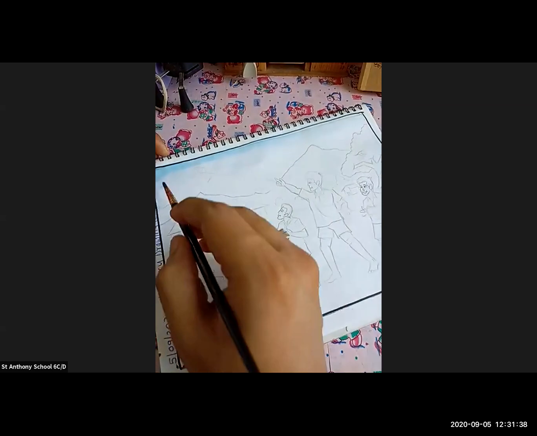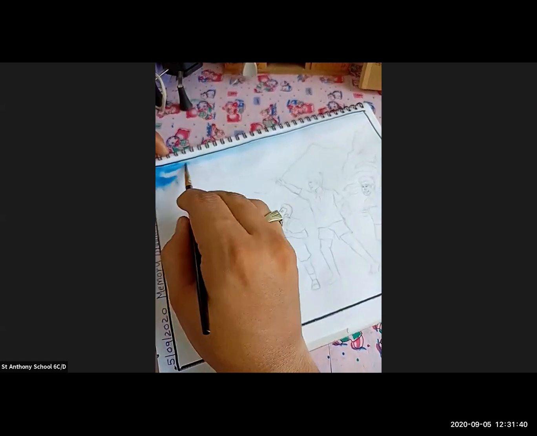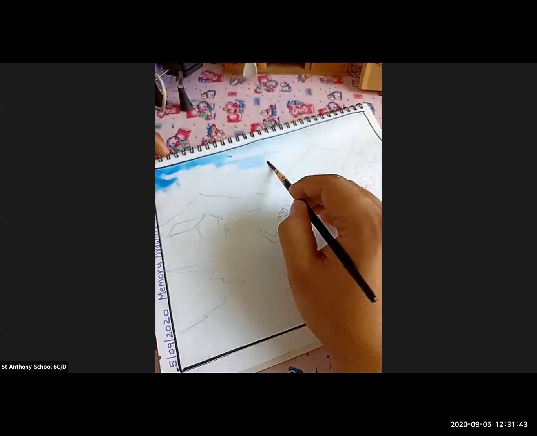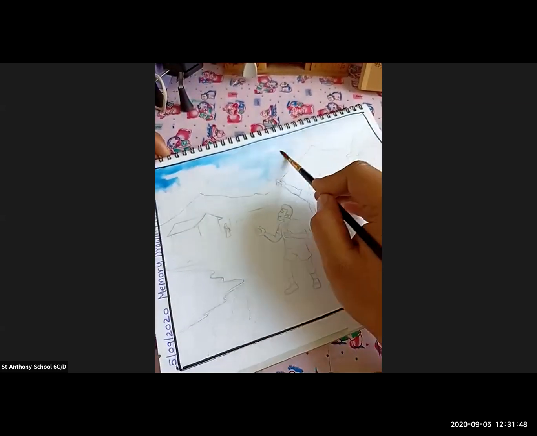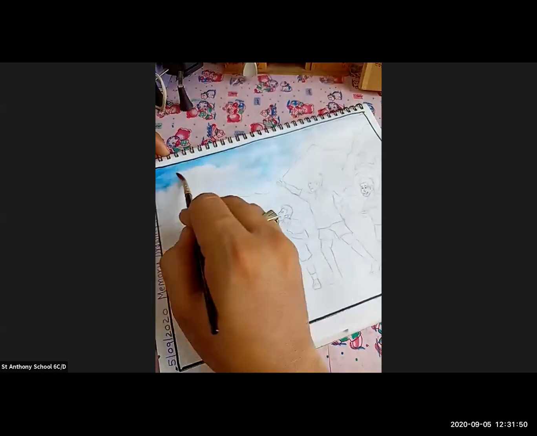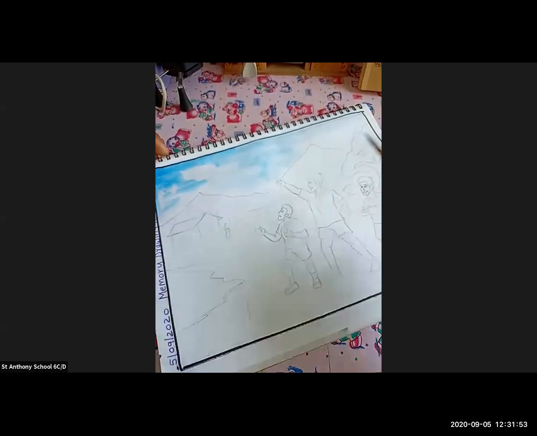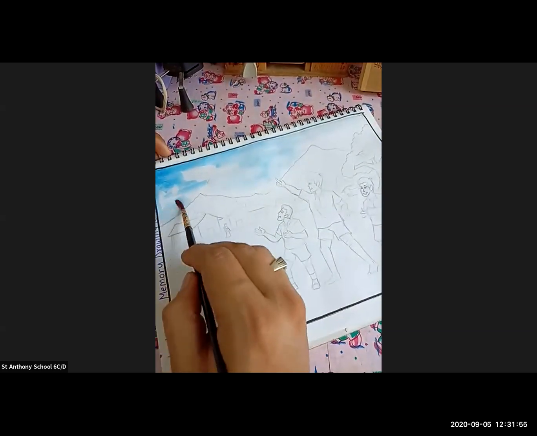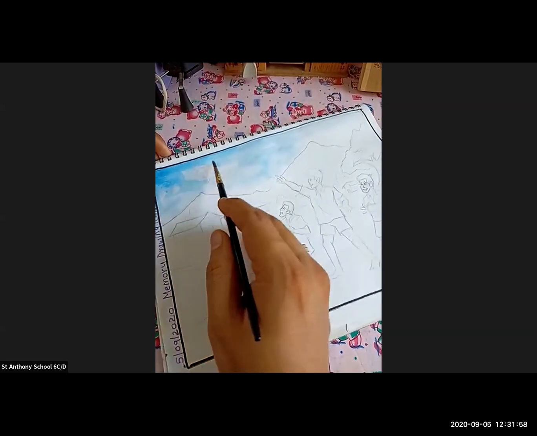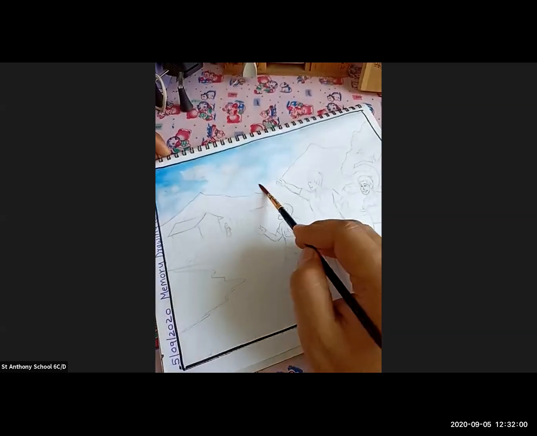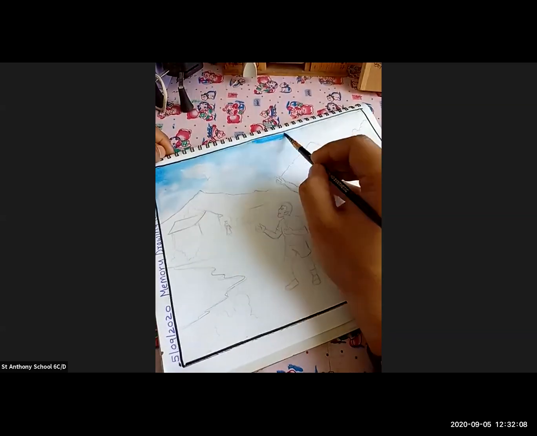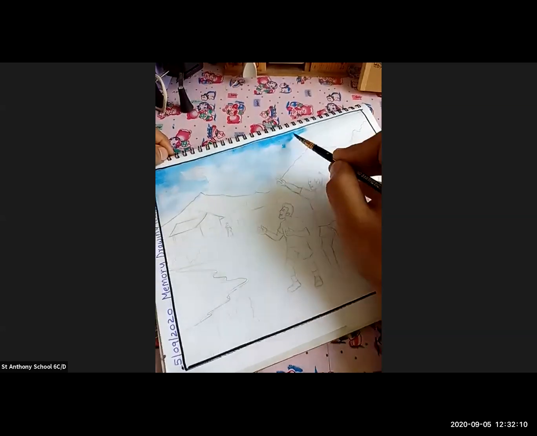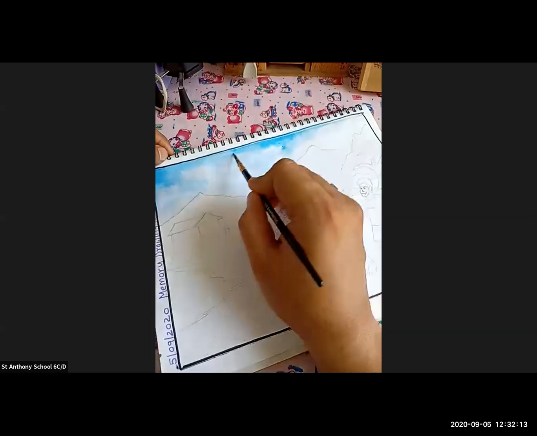Just look at this. Here I am using a sky blue color shade and adding a proper shade to the sky. As you can see, the sky is not completely blue. There are some dark blue parts and some white space remaining because there are some clouds in the sky. When you see the sky, it's not totally blue, but there are some white patches. So this is the way you're going to color the sky.